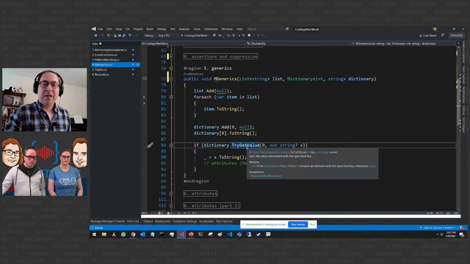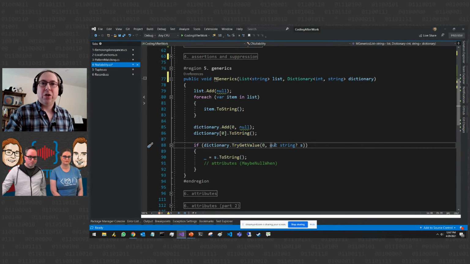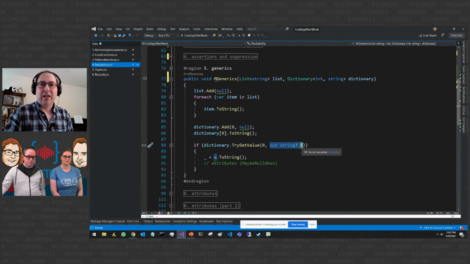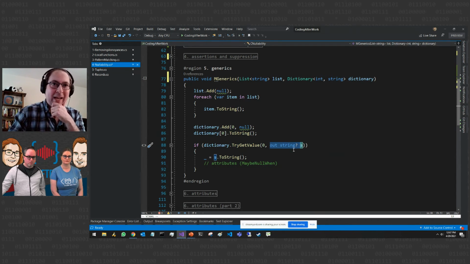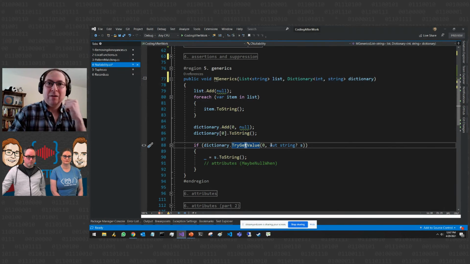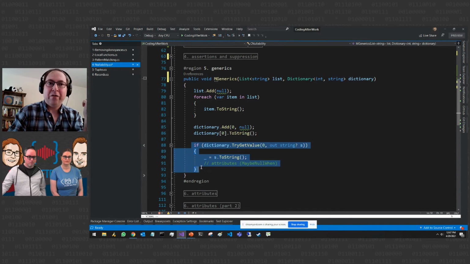There are some methods like TryGetValue, which return a value in an out variable, but depending on whether it returned true or false, well, if it returned false, the out variable will always be null. So that's kind of tricky, and it would make it really annoying, because inside the if, you want to